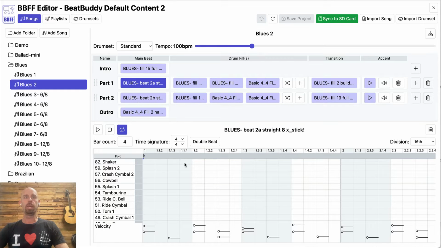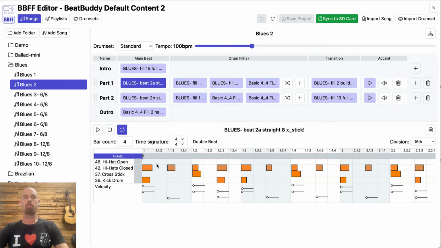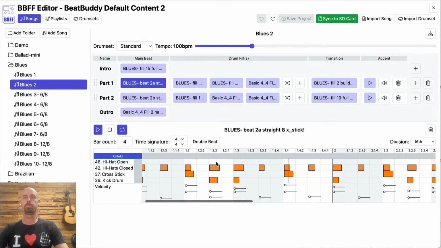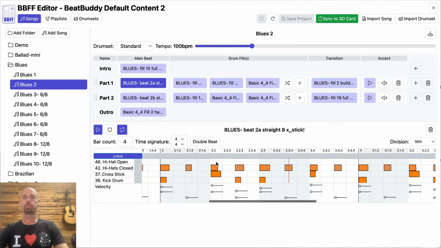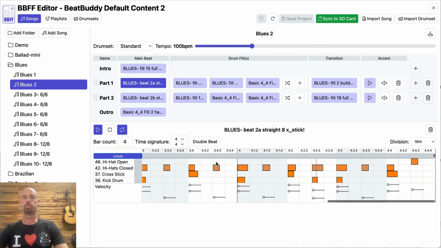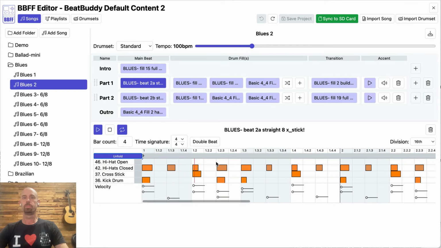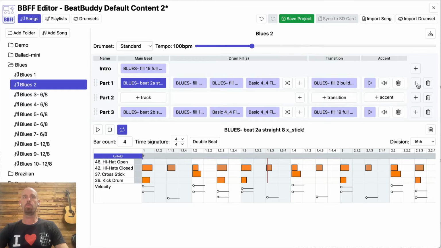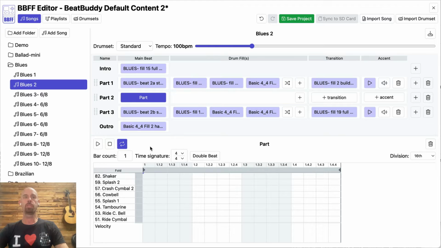Let's have a look at the editor. So if I fold up this beat, I can see the beat happening here. I can play through it. Okay, let's recreate that beat. So we're going to create a new part, add a track, and we're going to go down. We want to add the kick drum,